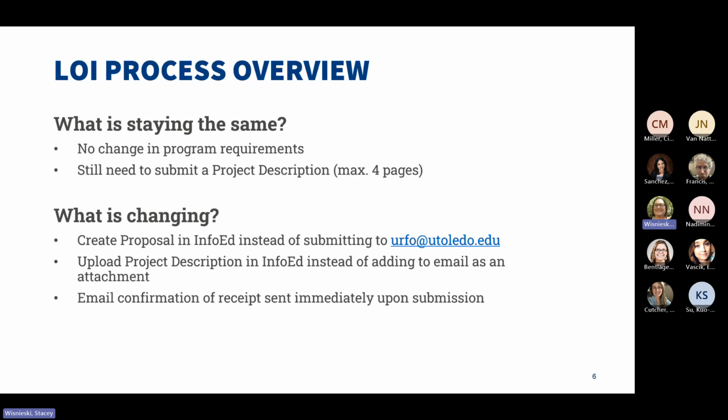For the letter of intent specifically, you still need to submit a project description. It still has a maximum page limit of 4 pages and should be double spaced. So there's nothing different about that. However, what is changing is that you will create the proposal, you will initiate it in InfoEd instead of submitting